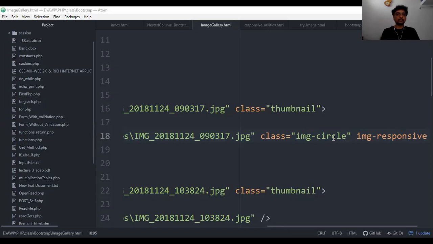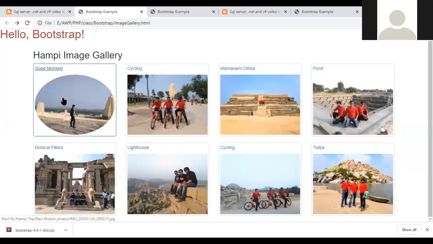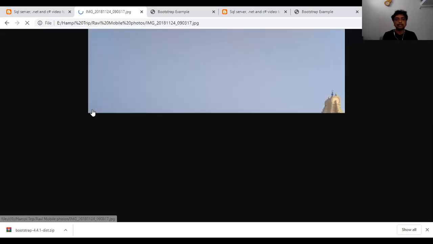Are you able to see the browser? Yes, all of you able to see the browser? No sir. Once I share this. Yes, look at here now. I added the hyperlink as well as I changed the class. I changed the class as circle. Now you can see the images as circles here.